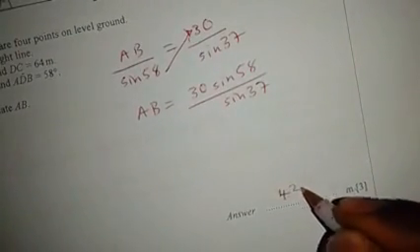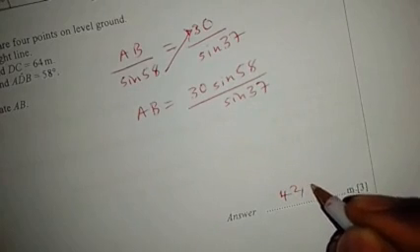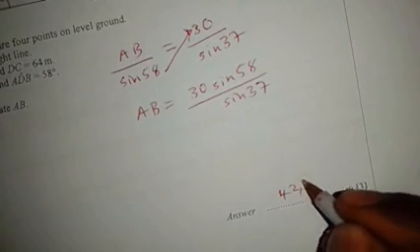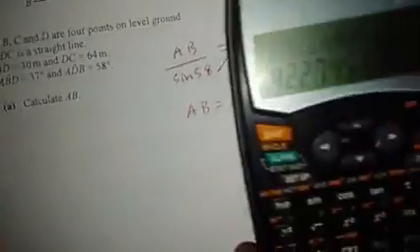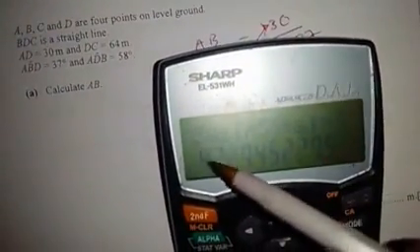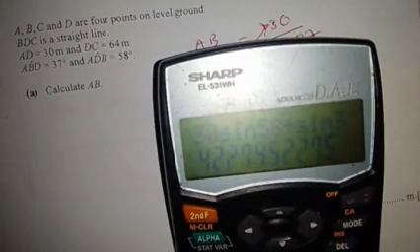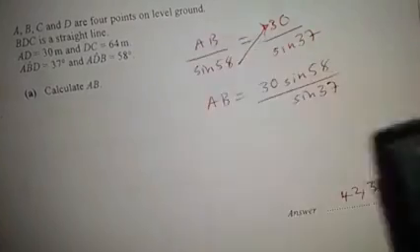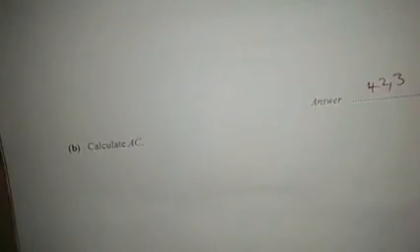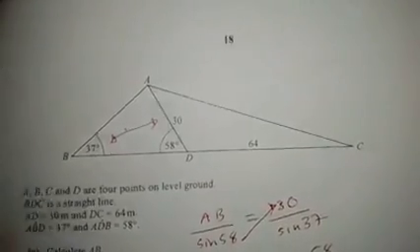So your answer is 42,27, making it 42,3. Right, to 3 significant figures, 1, 2, 3. 7 is greater than 5, rounding 2 to become 3. Right, then we move on to the next. Find AC. Right,